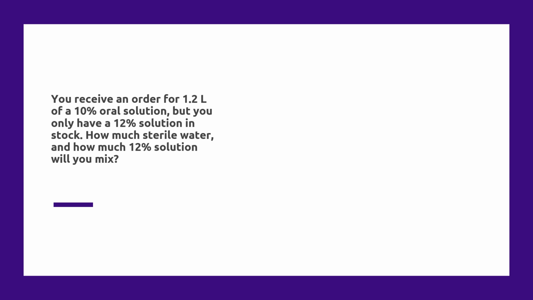Now, there's a couple different ways you could do this. We can solve this by setting up a series of proportions and solving by cross multiplication, or we could set up an alligation. Either way would be totally fine, so whatever you're more comfortable with. I think for the sake of time, we'll do this via alligation because I think that's a little faster for this one. And if you've seen our prior videos, hopefully you'll remember that to do alligation, you're going to set up a tic-tac-toe diagram,